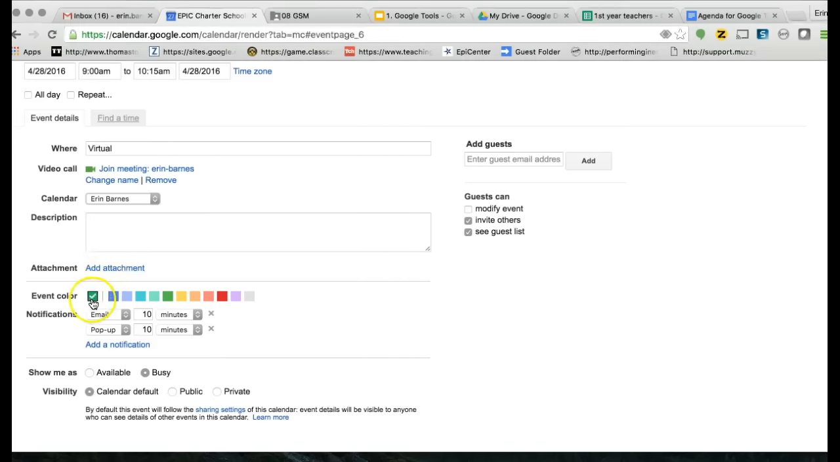My events show up in green. That's the color that I've chosen. But maybe this event is something that is special, it needs to stand out, in which case I would choose a different color so I could have it pop out on me on my view whenever I switch back to